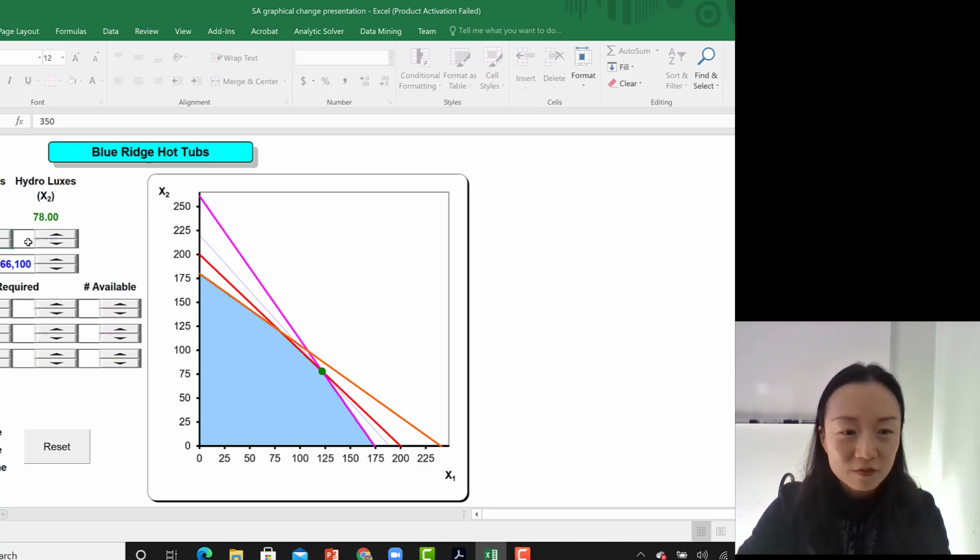I apologize, these values are not shown correctly, but they are the same as what I just showed on the slide. Okay, so now this dotted blue line here represents my level curve, while the three colored lines, the orange, the red, and the purple lines, represent my three constraints, and they define the feasible region. So my current level curve is defined by the slope, that's the 350 and the 300 here. But keep your eyes on this dotted blue line while I decrease it, okay, so I just decrease this